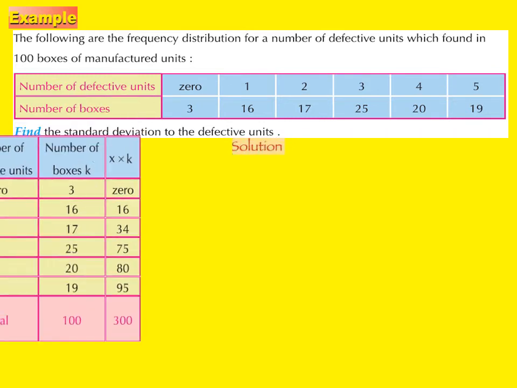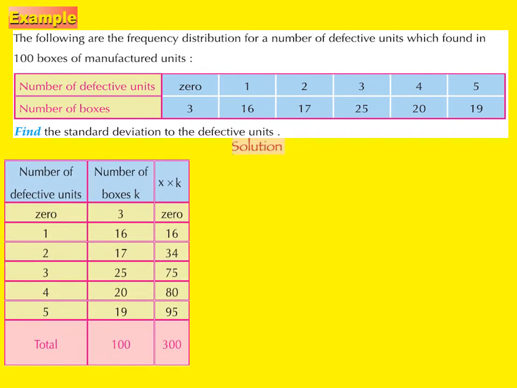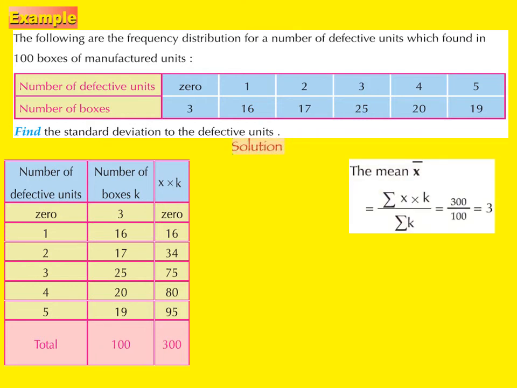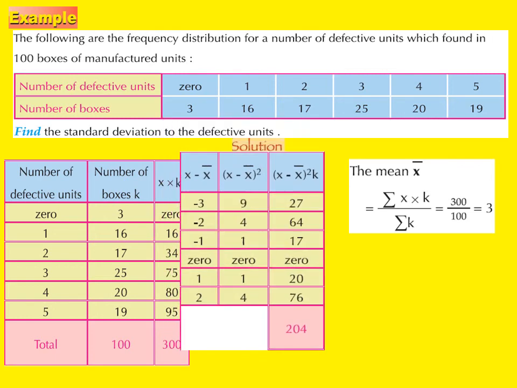Solution: form the table x, k, x times k. Find the mean. X bar equals sum of x times k over sum of k equals 300 over 100 equals 3. Then complete the table like this: